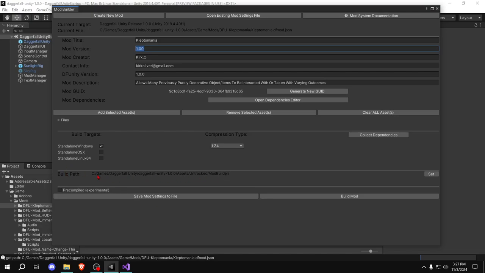I don't know what it shows by default, but this is basically just wherever you think the mod is going to be built to. As long as you know where that is, that's all that really matters. Just make sure you know where that is. In this case, this is what I prefer to use. So hit left click set,